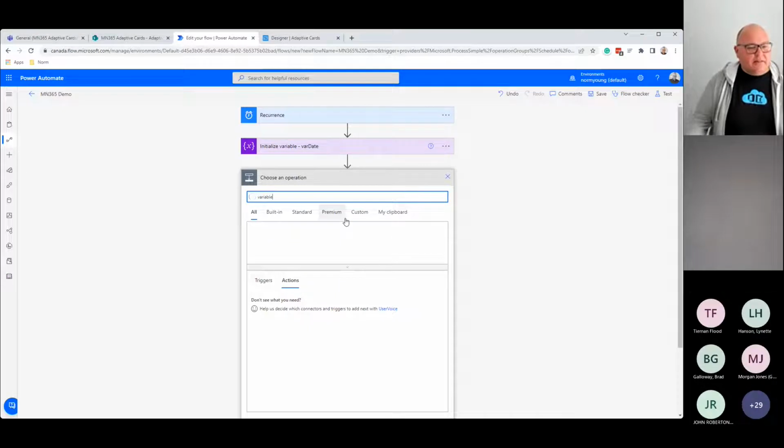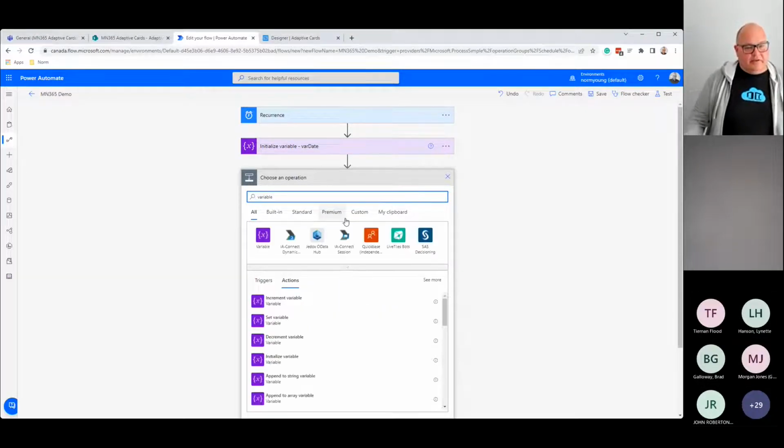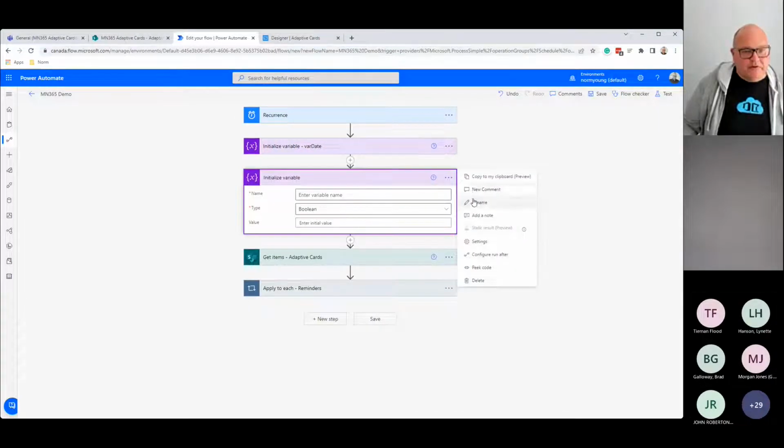And so what error handling looks like in Power Automate is attempting to run something, determining if that something passed or failed, and if it failed, do something about it, and then continue on and exit the operation. So we'll do something like that. So we're going to initialize a new variable. This new variable is going to be called,